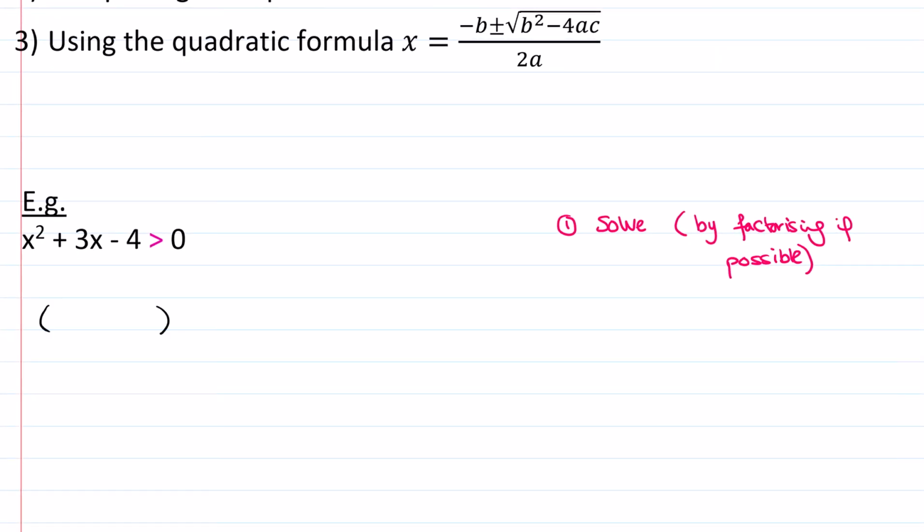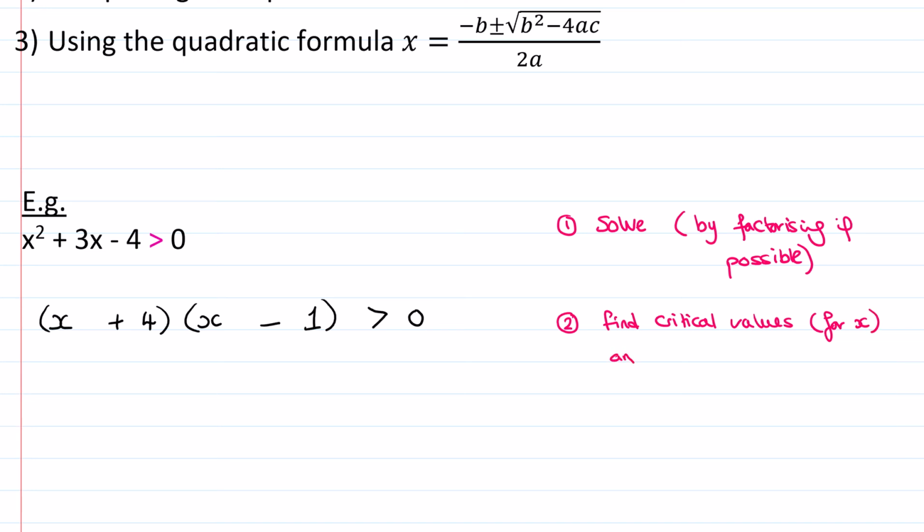So I'm going to put my double bracket, bigger than 0, x times x, 4 and 1, plus 4 minus 1. And then you find your critical values, which are the values for x, and draw the graph. Or let's say sketch, because it's not going to be